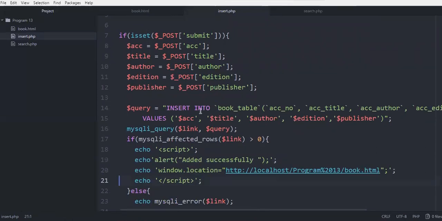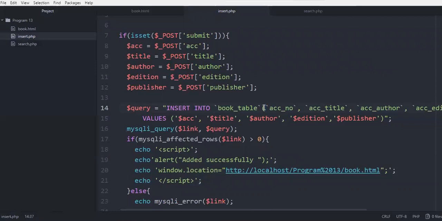So you can follow any convention. Now here these keywords are written in capitals, the thing that you can see here in purple. These are nothing but the keywords. So we are saying insert into. We have to specify the table name. The table name given is book table. This is specified here with the tilde operator. The tilde operator is the key that is present below your escape key. So you have to specify anything related to the database in the tilde operator.